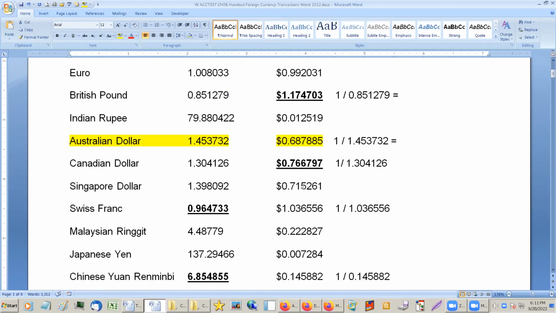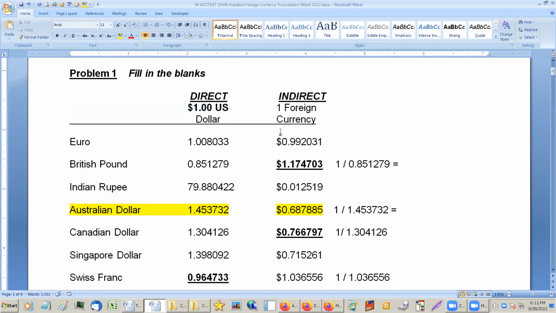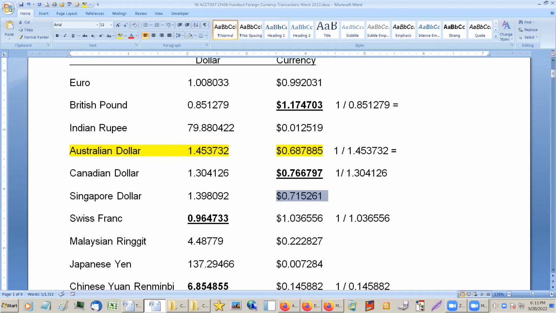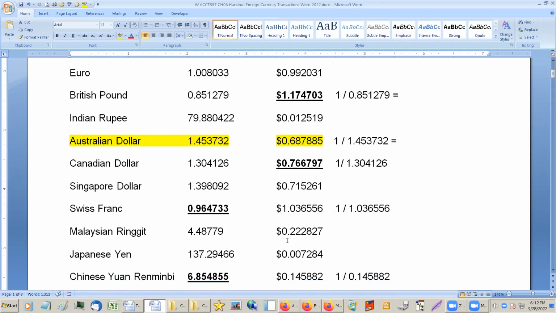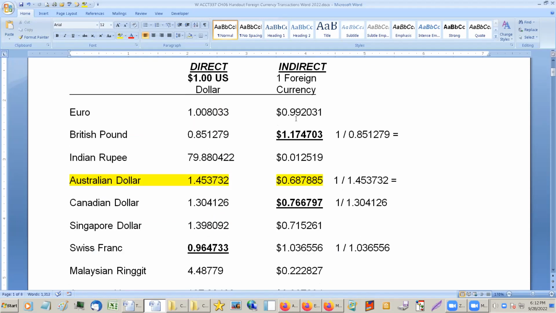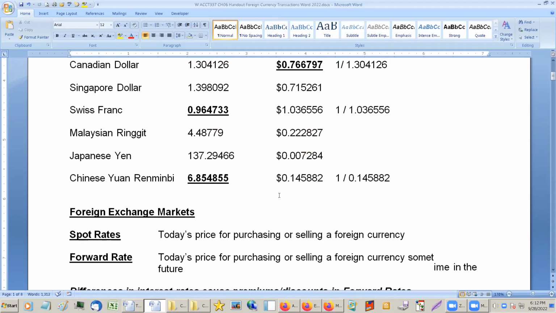Now, again, we generally are going to be using the indirect one, because they're going to be paying us, or we're going to be paying in a foreign currency, and we have to know how many dollars we have to pay for those. So this will tell us, for instance, if we need a Malaysian ringgit, I'm not sure how you pronounce that, but it would take us about 22 cents for each one. So if you owe them 10,000 of these, you just multiply by 10,000. These rates change daily, so it's kind of a moving target,